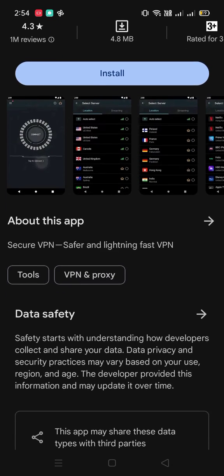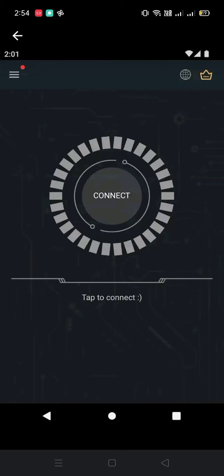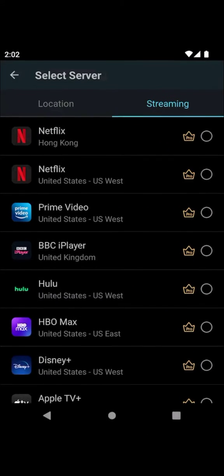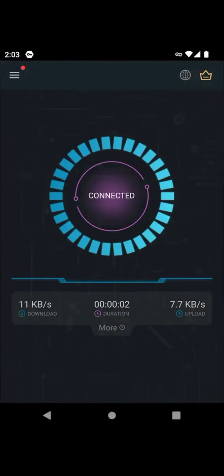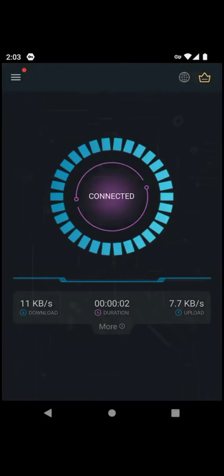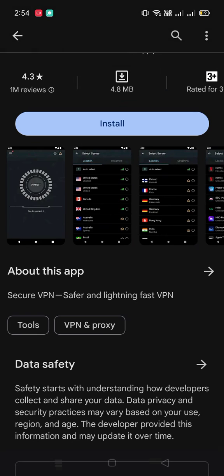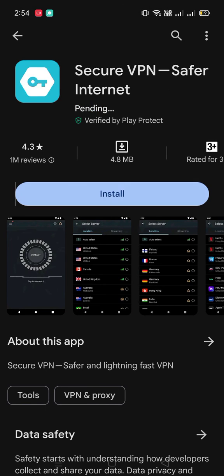So this is really easy to use, if you want to see. After installing, you will see the interface like that. Simply click on connect and you can choose any country you want. There are some VIP or premium options, and you will get some free access. You can select free, and you can also see some streaming, and it's really easy. You can also check your download speed, your duration, and your upload speed through this app, and simply click on install, and it takes a little time to